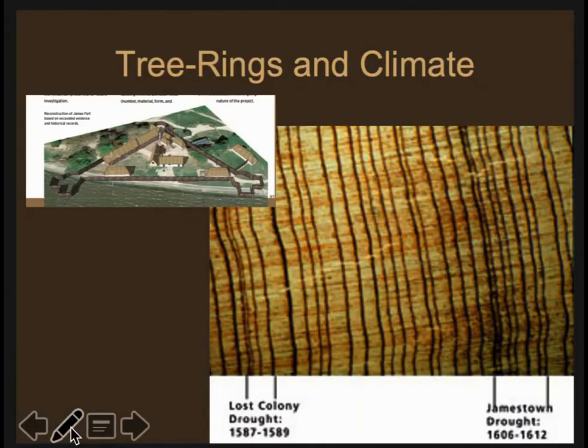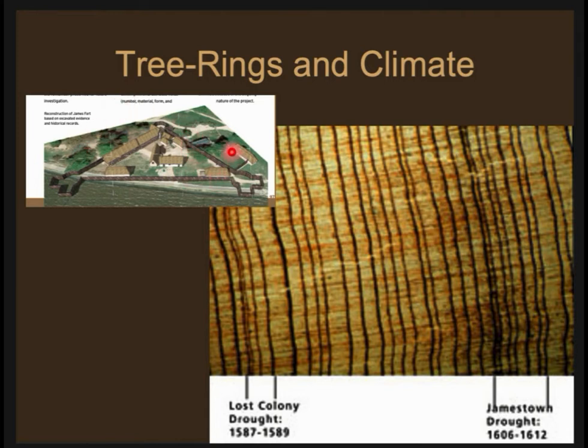We looked at dendrochronology not that long ago and talked about how it was an important tool to date archaeological sites. But tree rings can also be used to reconstruct ancient climates, specifically rainfall patterns. So if you have a dendrochronological sequence for an area, you can look at the thickness of the rings and you can calculate from the thickness the approximate rainfall for that time period, and then see again if the climate had a role to play in some of these changes that we see archaeologically. So for example,